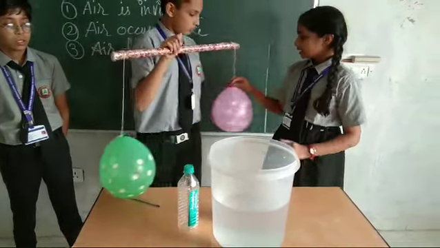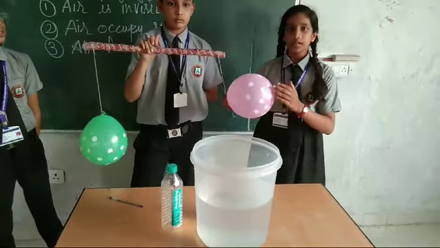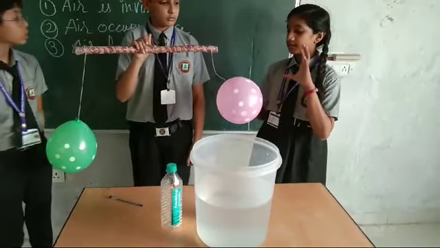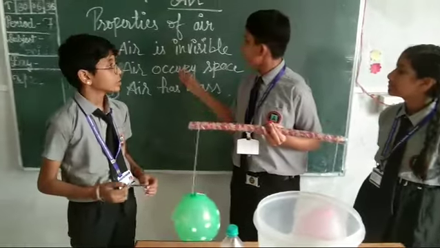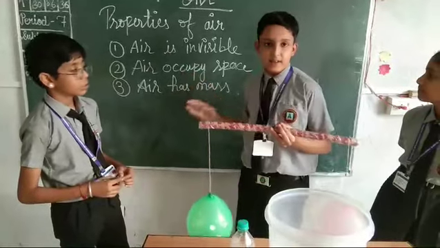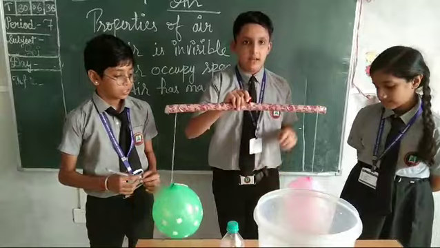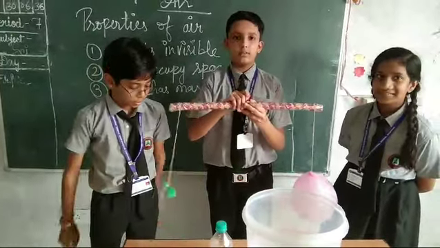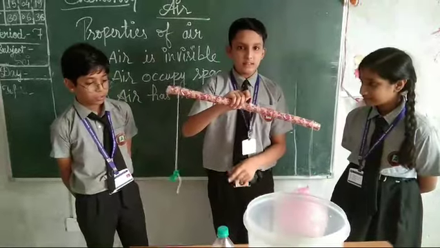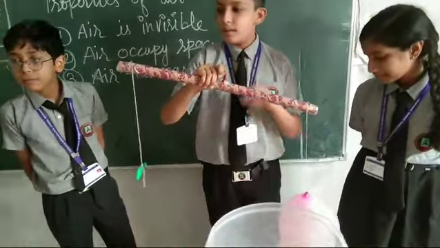For example, this balloon is inflated because air occupies space. Now I will explain the third property of air. Air has mass. I have one retort stand and two balloons. This proves that the air has mass because